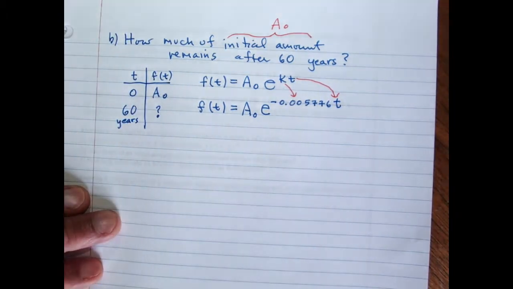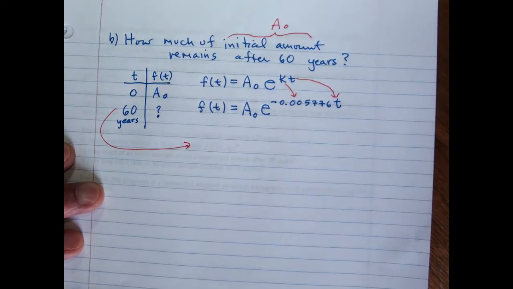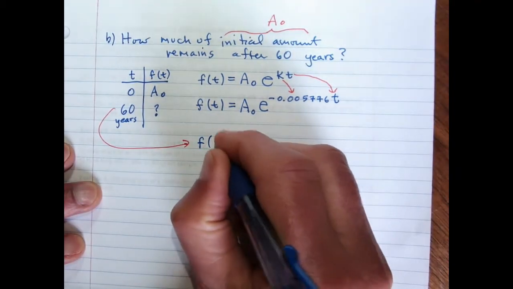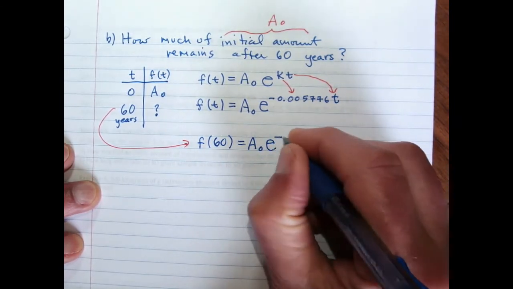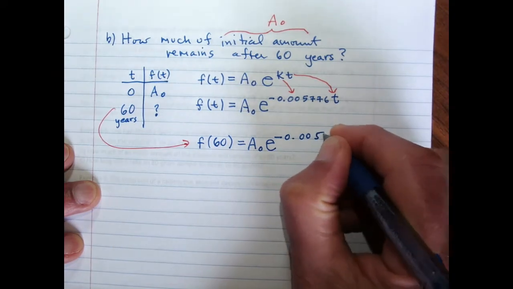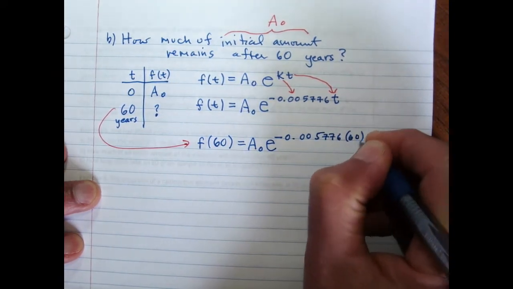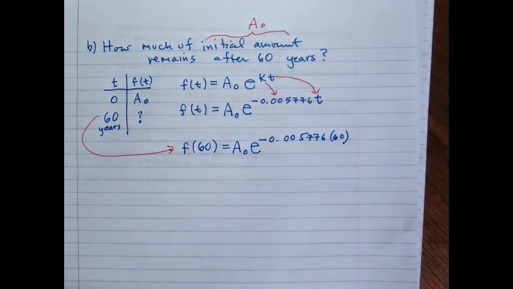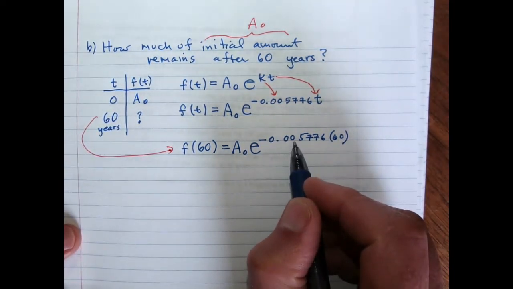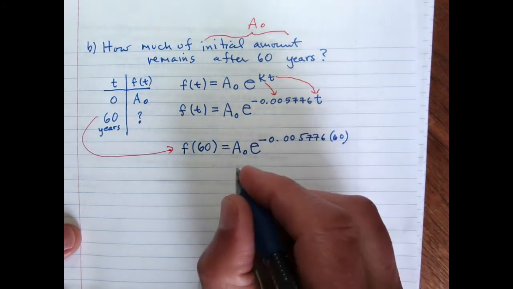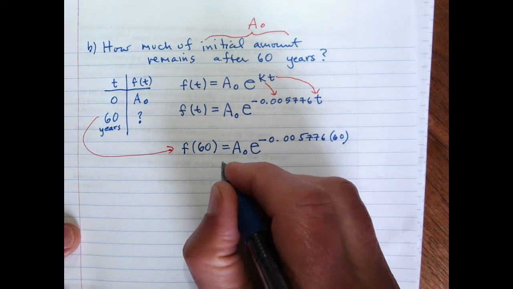So let's plug in t equals 60. F of 60 is equal to A0, which we still don't know, e to the negative 0.005776 times 60. Okay. Now, let's see what we can say. How far can we go with this without knowing what A0 is? I can take 60 times this negative decimal. I can raise e to that power, and what I get is,